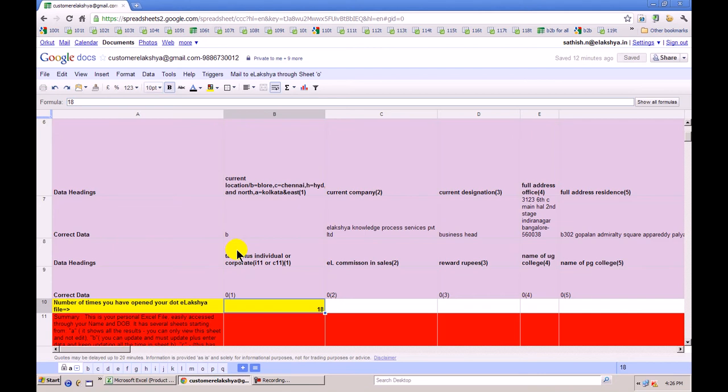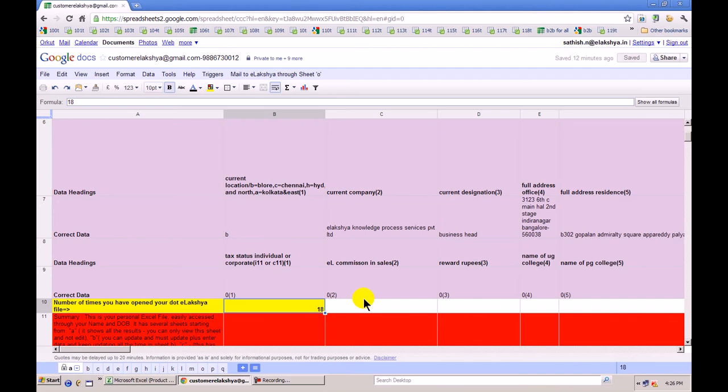That's number one. Number two, how much you have used your .elexia file, whether you have edited or even opened it, the number of times you opened your .elexia file is given here. And obviously, we at Elexia also get a record of it. So we would be trying throughout the age of our company to migrate people to use .elexia. Our be all and end all. Our company begins and ends with .elexia. So we will do all we can to move all our customers to use .elexia and only .elexia.